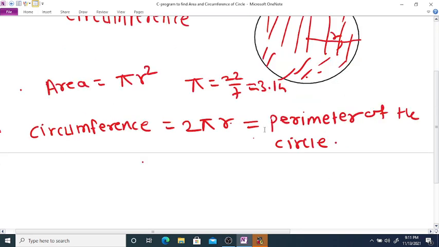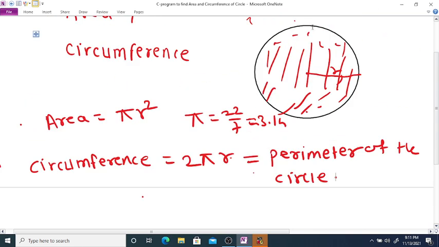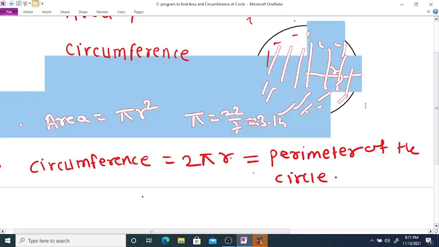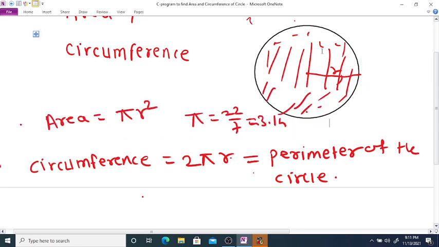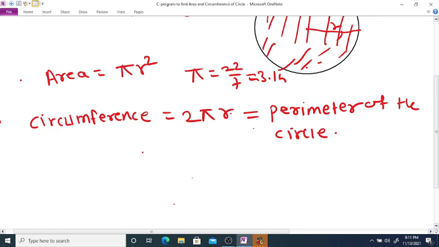That is, if we open the circle and make a straight line, suppose this is the given circle. If we cut this circle and make it a straight line, then the length of this line is called the circumference or perimeter.